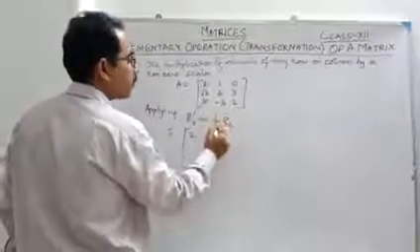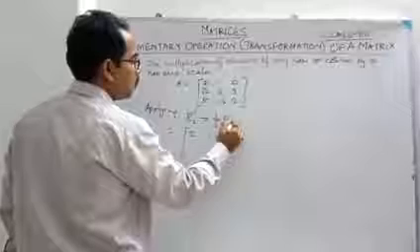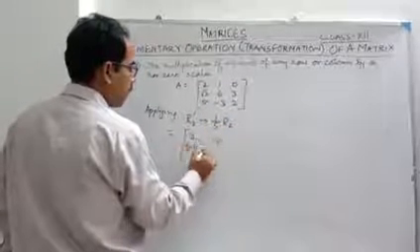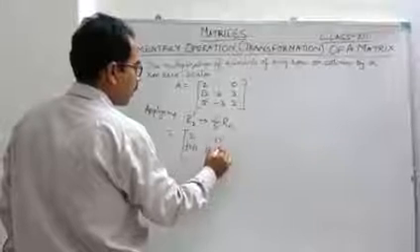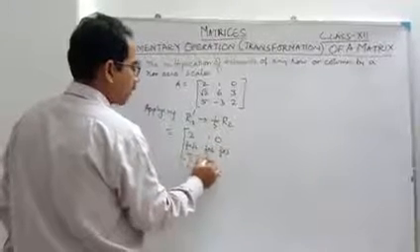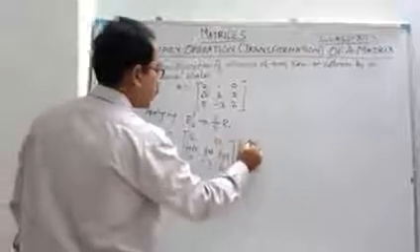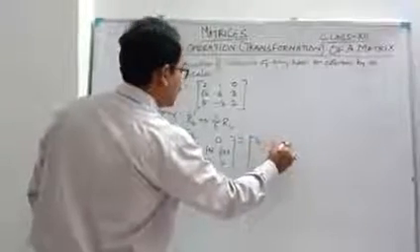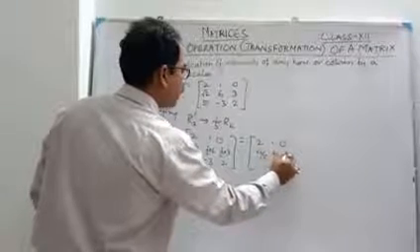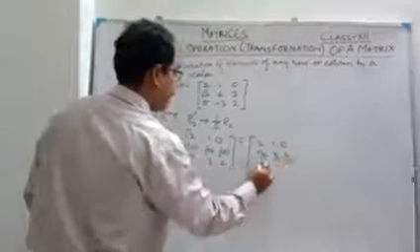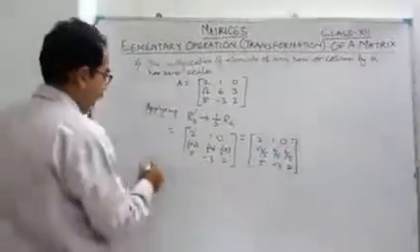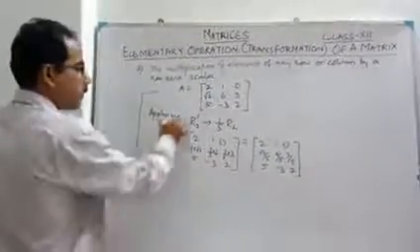That means this is a scalar quantity you are multiplying with row 2. That means 1 by 5 into root 2 here, 1 by 5 into 6 here, 1 by 5 into 3 here, correct? And 5, minus 3, 2. So ultimately you are getting what? 2, 1, 0, root 2 by 5, 6 by 5 and 3 by 5 over here, and 5, minus 3, 2. I hope it is clear. Next, this is the row operation I have done.